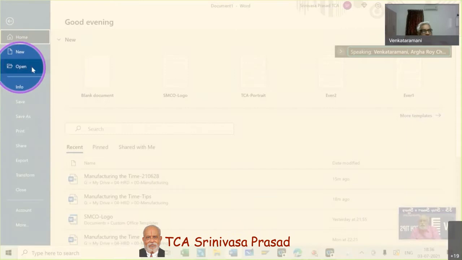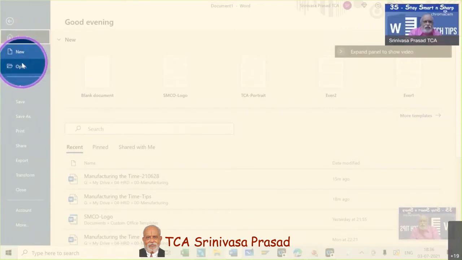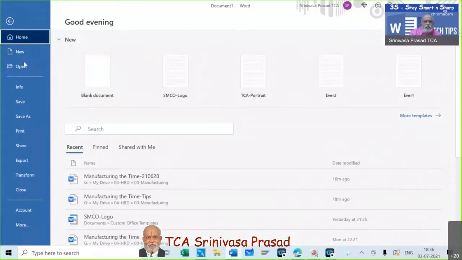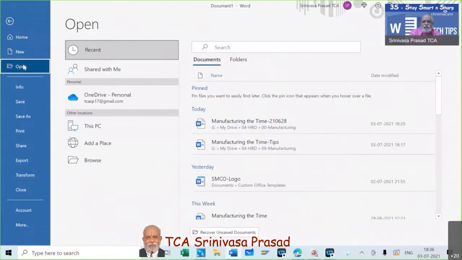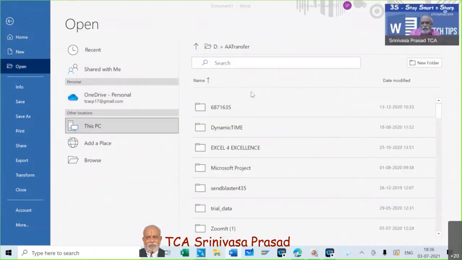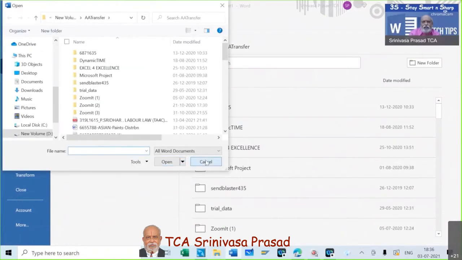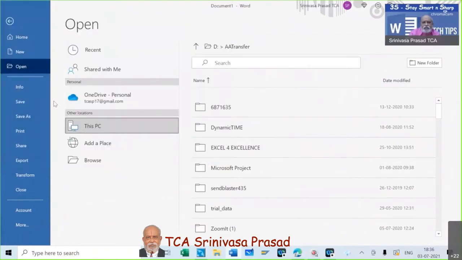See, this is the place where we go. File. So we start from the file. Suppose I close this file also. Then Open. Then we will have to give this PC. Then we will have to go where I am supposed to go. Am I right? Recent files, it is coming in the bottom. Yes, open recent, if you have, you can do.